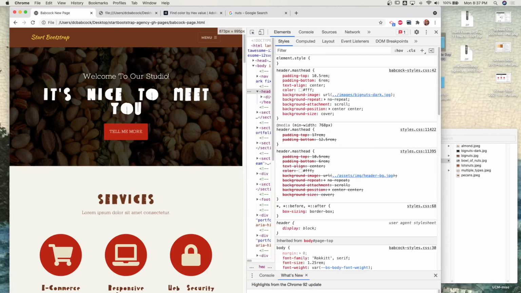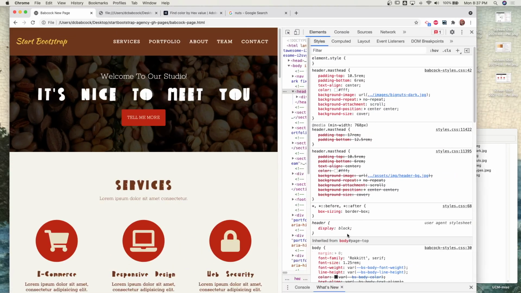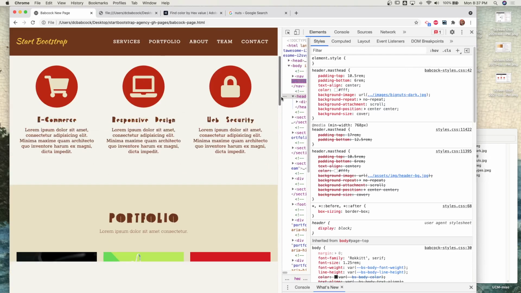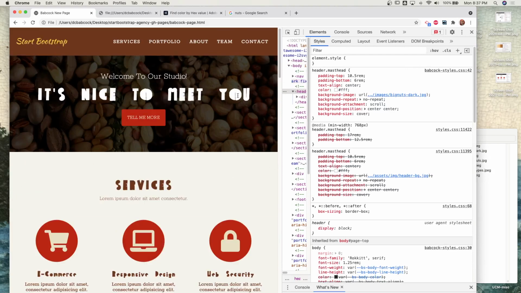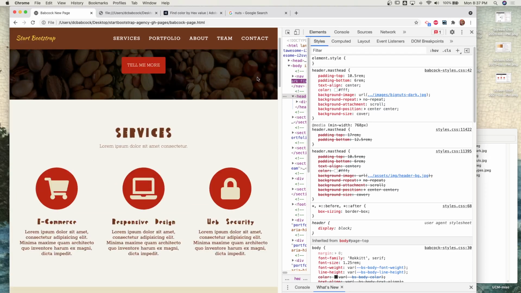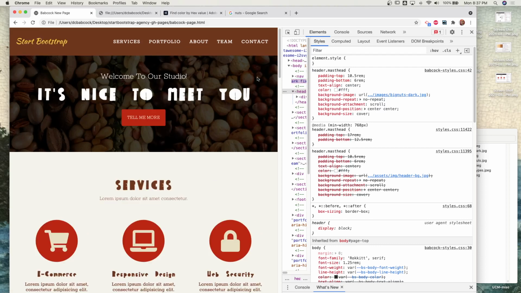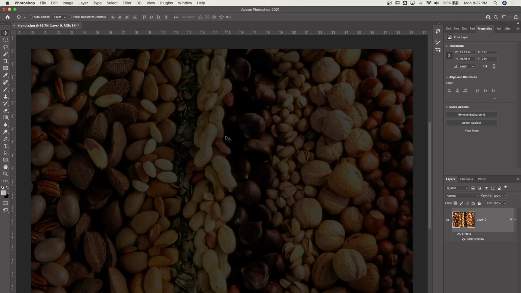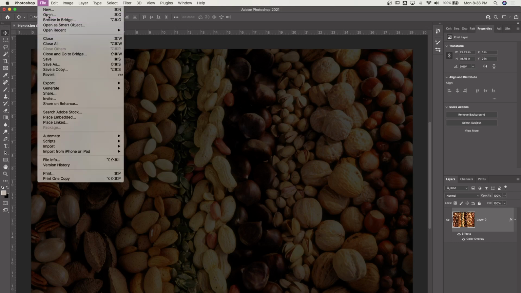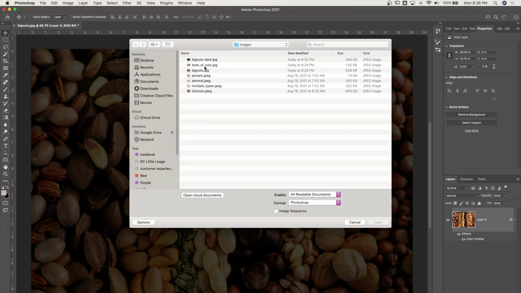That's too dark. Is that because of the proportion of the image? Let's go back to Photoshop. It's still open. That's not that different from